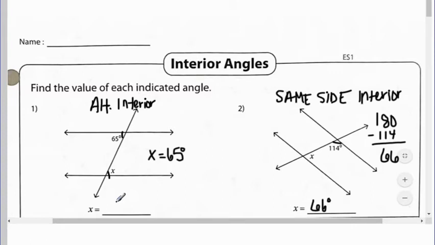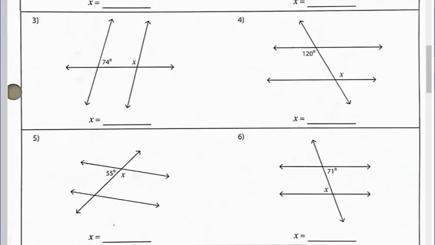add up to 180. Okay, so those are the two types of problems you're going to have for interior angles. So you just have to decide what kind of angles you're looking at. We're going to do number 3 and 4 together, and then you are going to do the last 4. You're going to pause the video and do the last 4, so number 5, 6, 7, and 8 on your